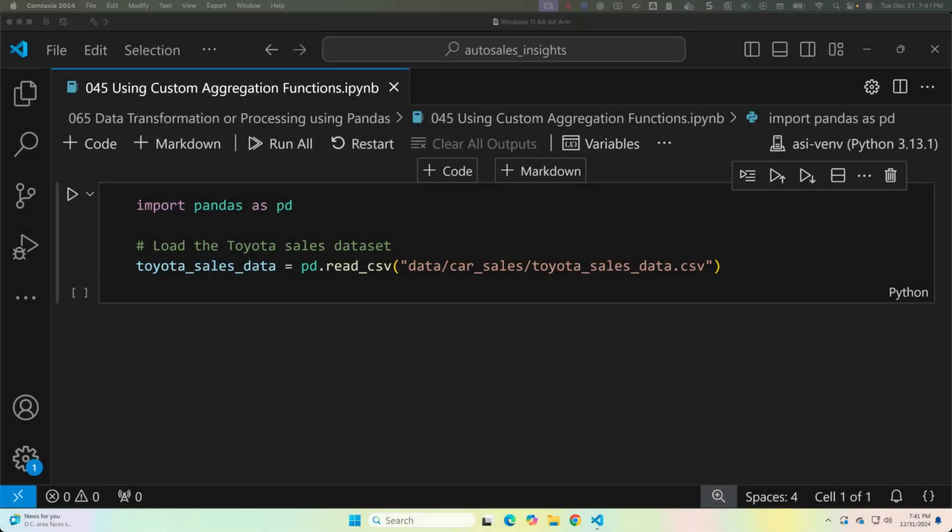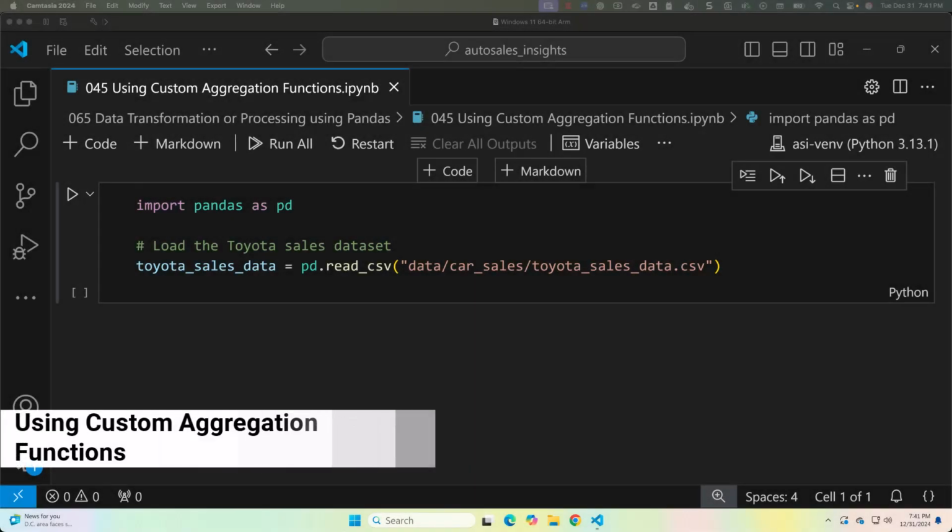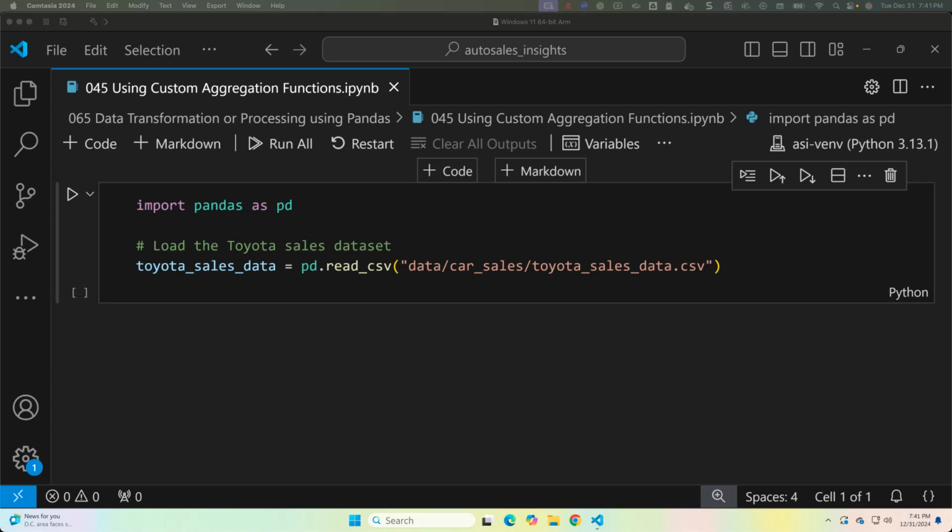Welcome to the next lecture in the data transformation or processing module. Here we are going through data transformation or data processing using Pandas. In this lecture, we'll focus on using custom aggregation functions. While built-in functions like sum and mean are powerful, custom functions allow you to perform advanced and unique calculations tailored